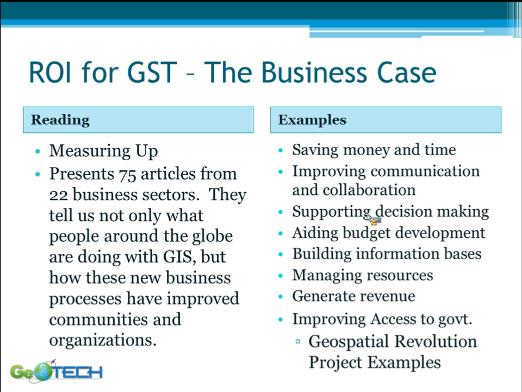And the last one, there's just improving access to government. This is one of the things that I'm going to be demonstrating to you with the Parcel Map here in a second, is that ideally GIS is often referred to as the great technology to make government more transparent to the public so that they can learn more about what officials are doing, why they're doing what they're doing, and it's going to be a great equalizer so that people that can't travel to a courthouse because of a disability or because of age should have some options potentially through internet to access much of a community's infrastructure and information